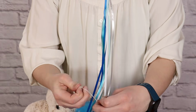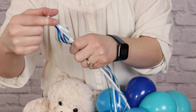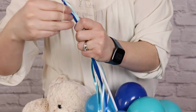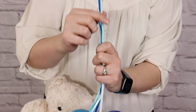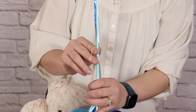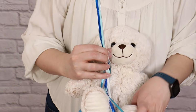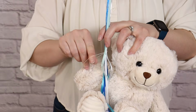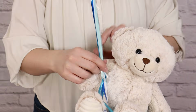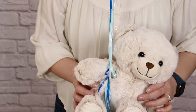So I'm using some of these mini hair tie rubber bands, or you can find these in the craft section sometimes. I'm just going to take that and put it over the balloon stick, wrap it around a couple times, and then bring it down to about where the shoulder of the teddy bear was, making sure that goes over the top of all those ribbons. And then I'm going to bring the teddy bear back, put him right where he was, and then put his little arm through that rubber band, making sure it's coming right up to his shoulder so he's nice and secure